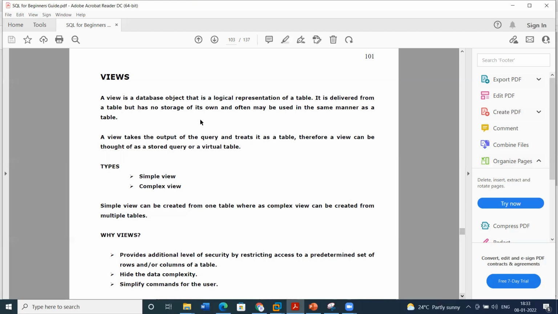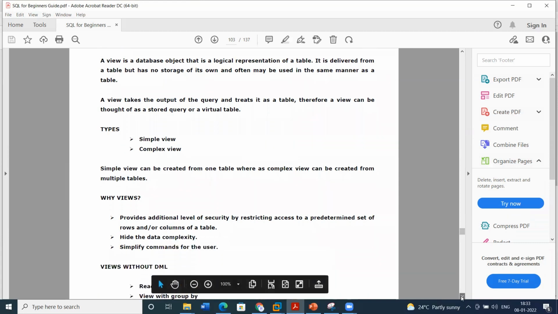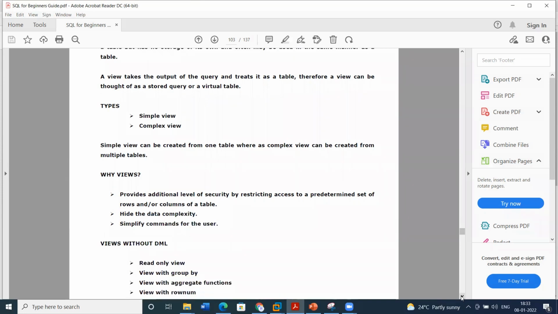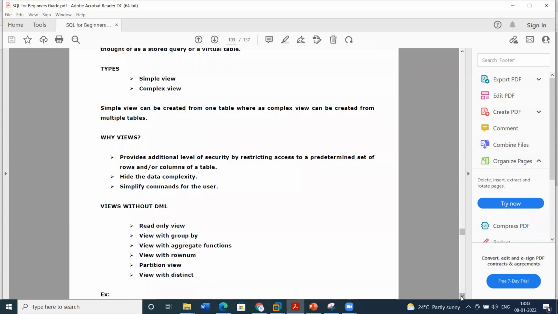So what are the types of views? Views can be created in a simple manner or a complex manner. Okay, we can create read-only views. So whatever data is updated in the table is automatically reflected in the view. Simple views are created from one table, whereas complex views are created from multiple tables. So normally in data warehousing, you'll create complex views only. So multiple select statements joining 3 or 4 tables are combined together. Then we will load that entire data in a view.